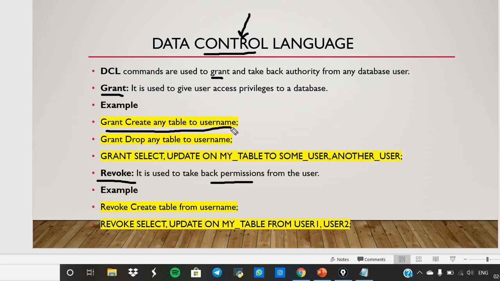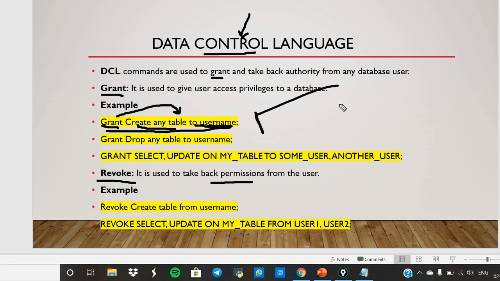If you want to give permission to create a table, that table will be granted to the username, like copyrights in the movie, here tables. For just remembering, I have told about movie. So this is actually for table.